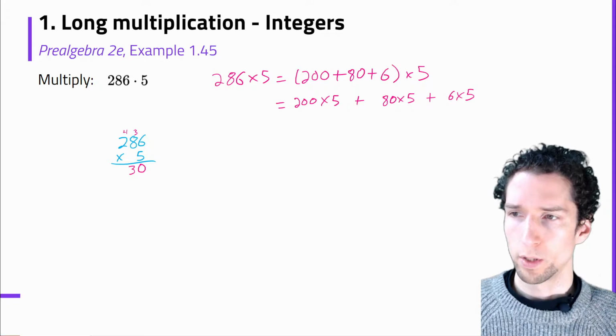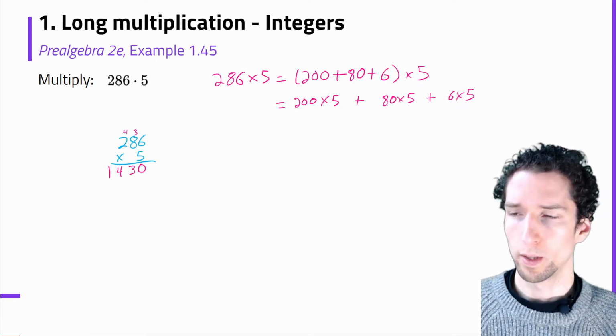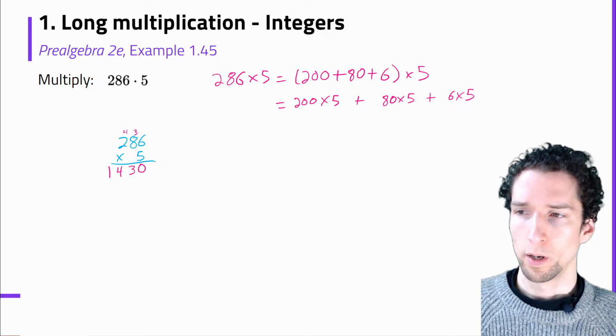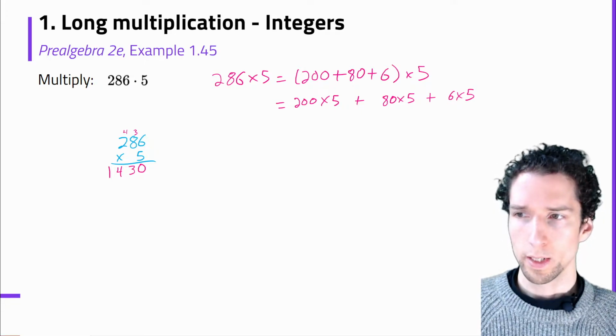And then 5 times 2 is 10, plus 4, 14, so 4, and nothing left, so we just write the final digit up there in front. So 5 times 286 is